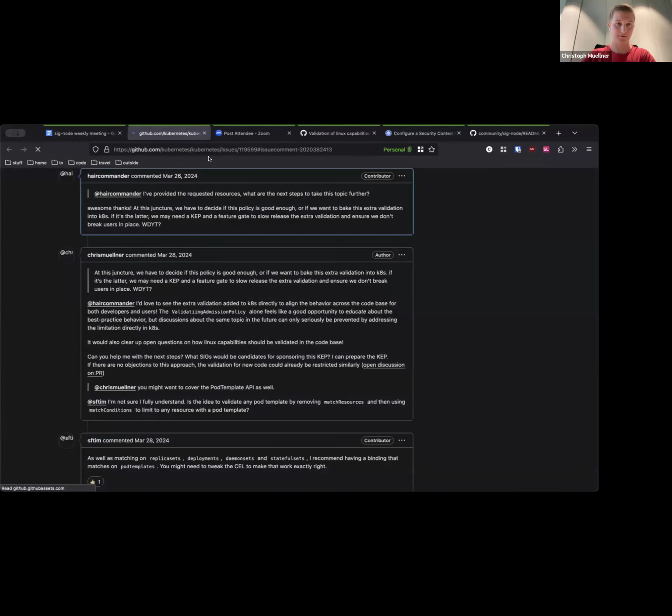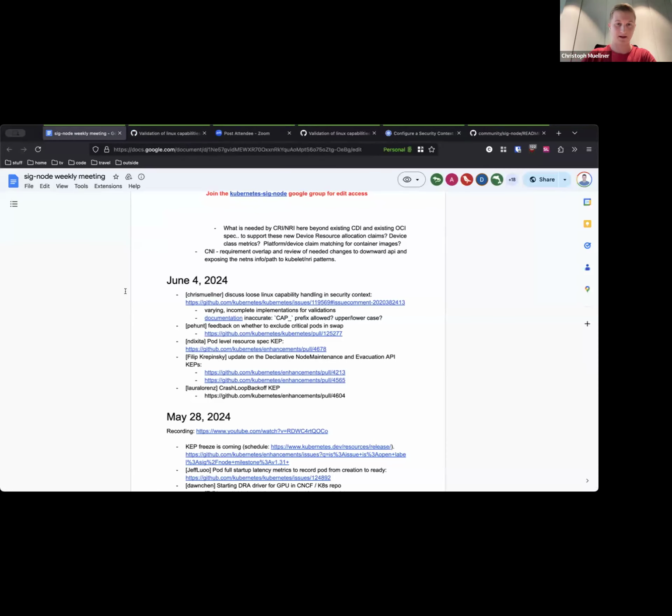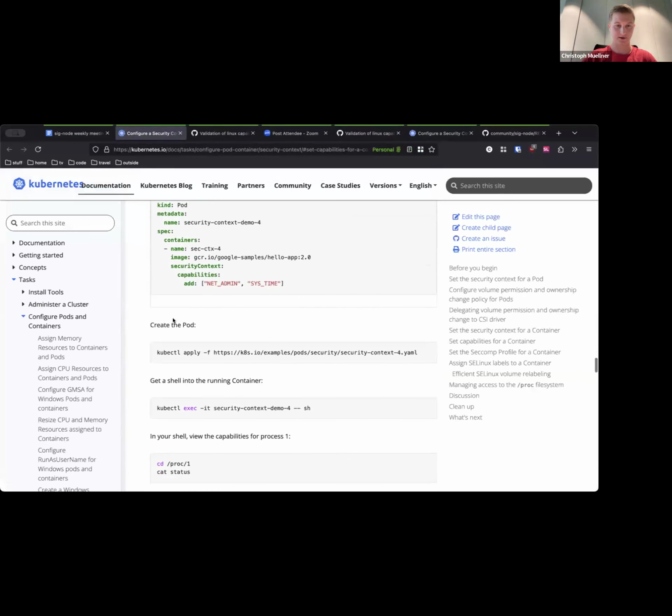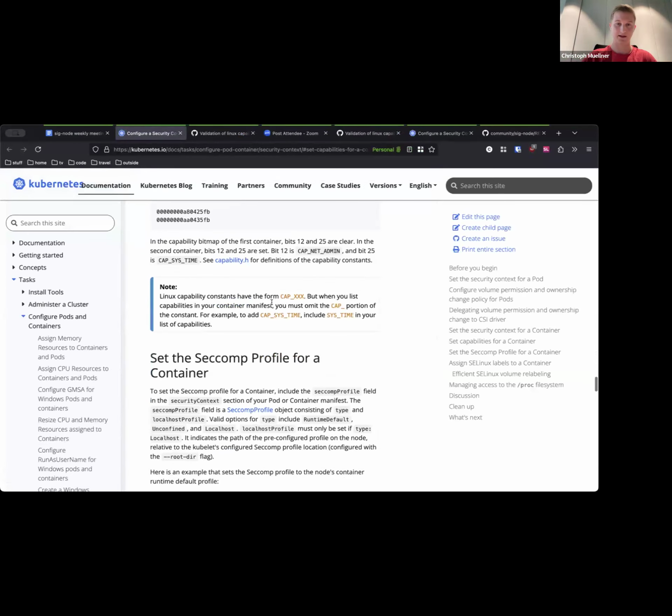We've found or identified some potential issues in the way that capabilities are used in a security context and even validated. Mainly, I have the documentation here. If I look at the Kubernetes documentation on capabilities, it first of all tells me at the bottom that the CAP_ prefix is not allowed for any of the capabilities in a security context. So instead of CAP_SYS_TIME, I should say just SYS_TIME, no CAP_ there.